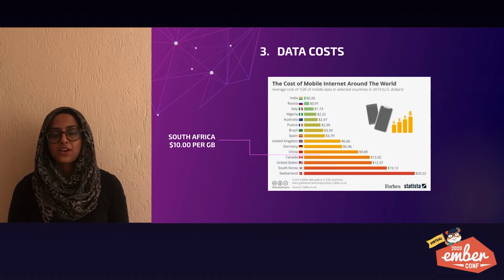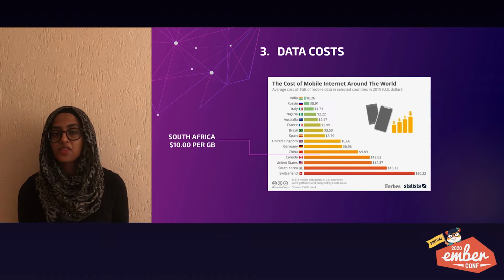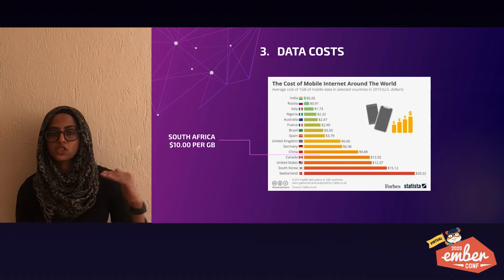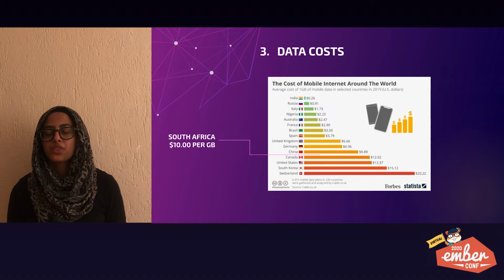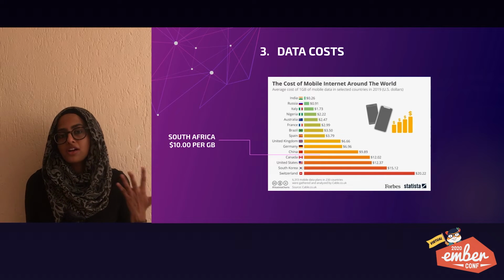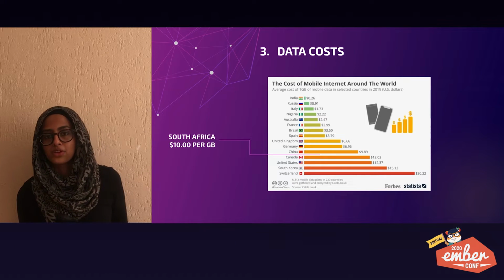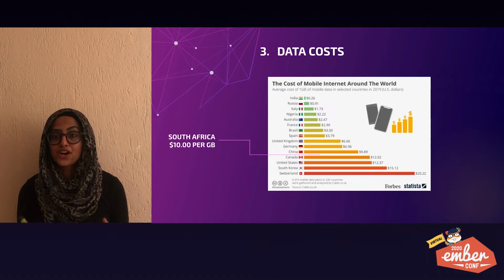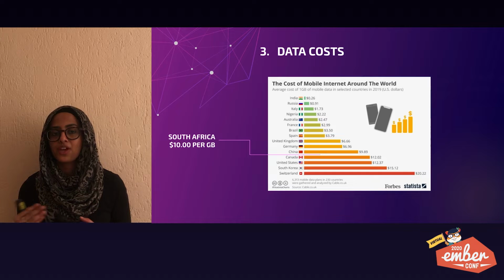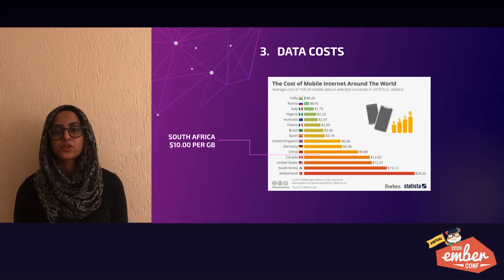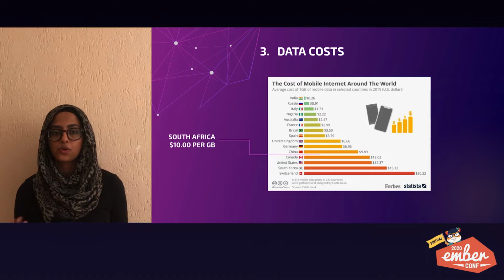Data costs in South Africa are also extremely high, and they're also high in other parts of Africa. South Africa on this chart fits between China and Canada with about $10 per gig. You may say this is not too different compared to the US. However, $10 is not proportional to the earnings of South Africans who earn at least less than 50% as compared to employees in the US or Canada.